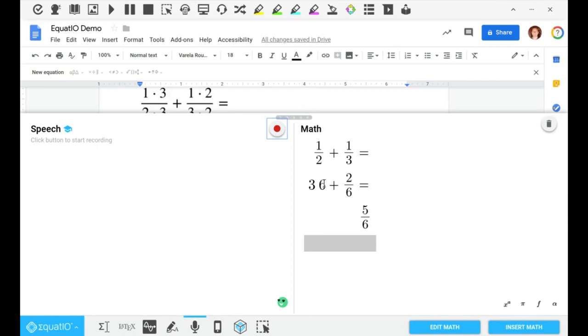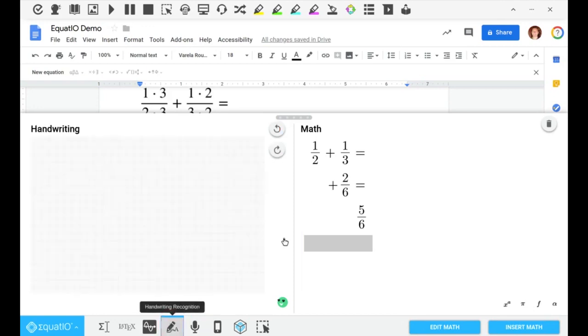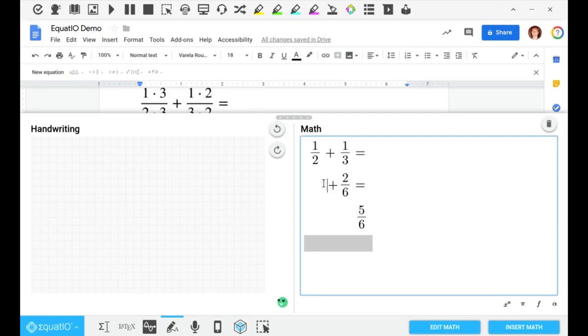Maybe I didn't put enough emphasis on the TH, but here I can go back now and I can edit this and I can put 3/6, or I can make a fraction, or I can also utilize here, I'm on a touch device. So if I come down here and click on my handwriting recognition, I can put my cursor here and I can say, oh, I want to just make this 3/6. And it does that and puts it in there for me.